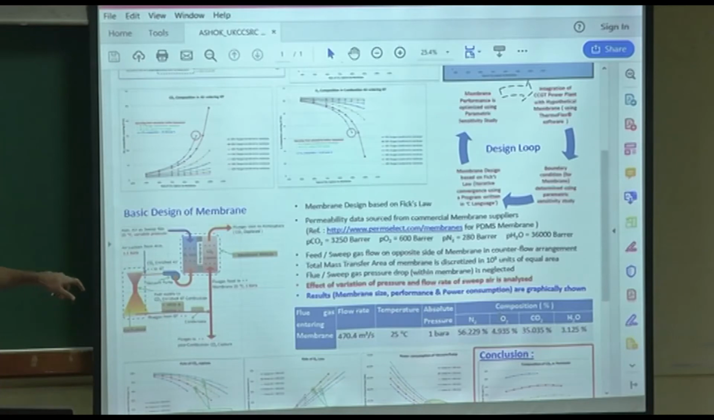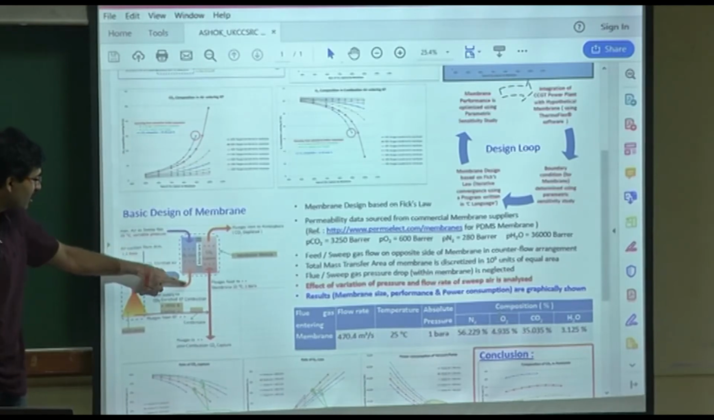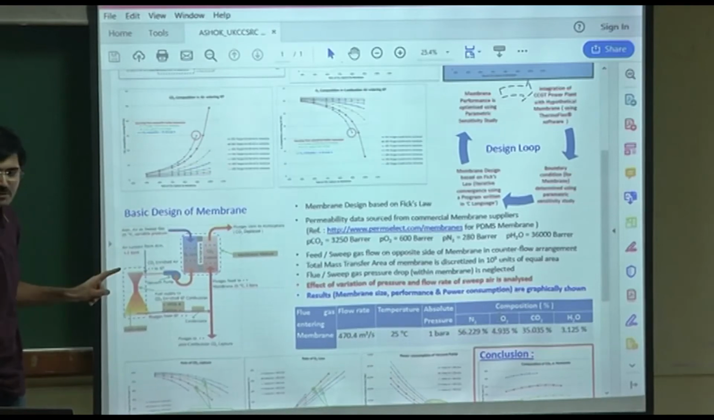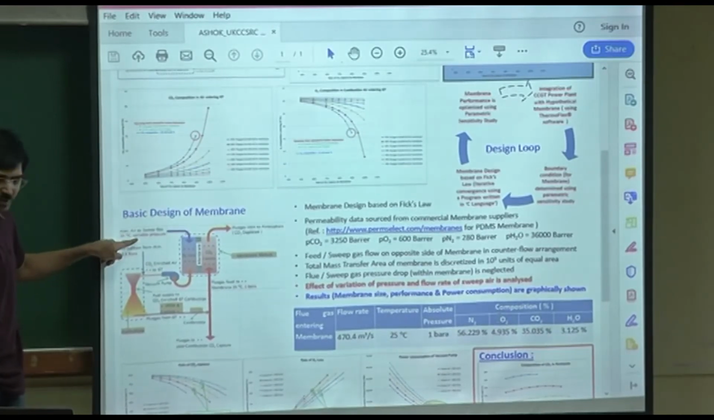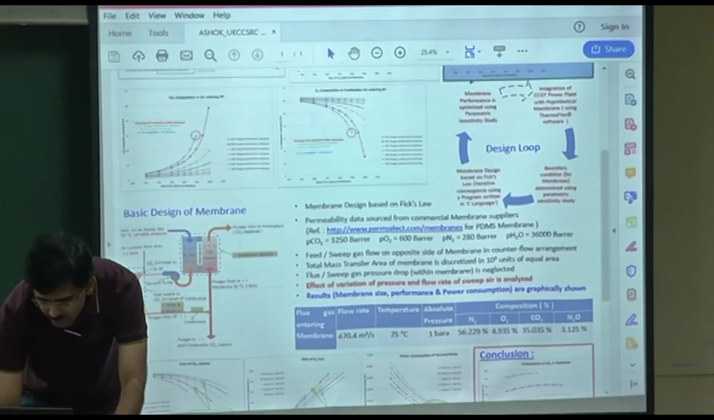So here that air is first passing through the permeate side of the membrane, and then it goes to the gas turbine compressor and cycle. This one? Okay. So the choice of the sweep gas